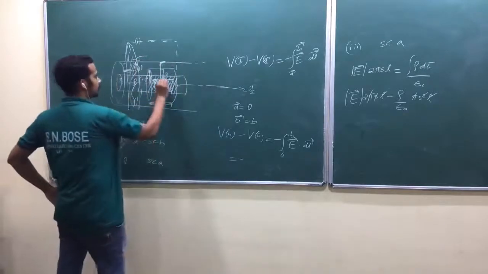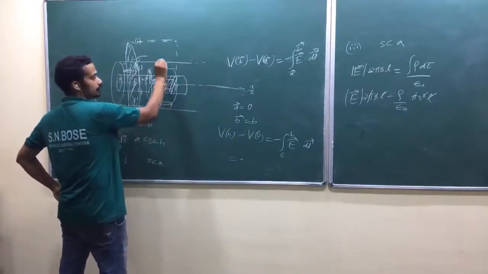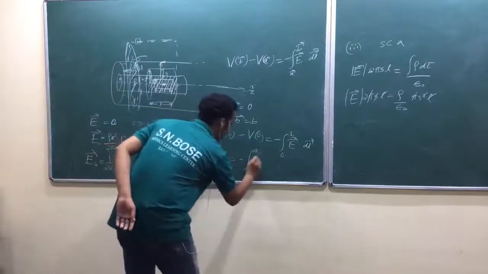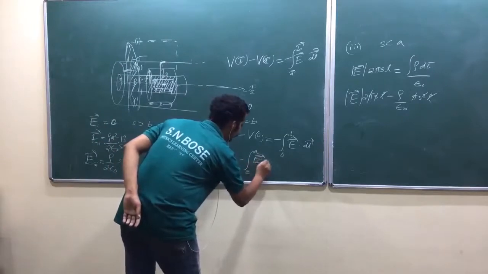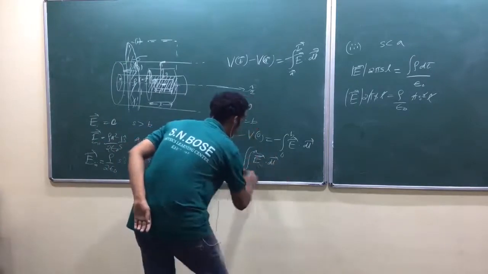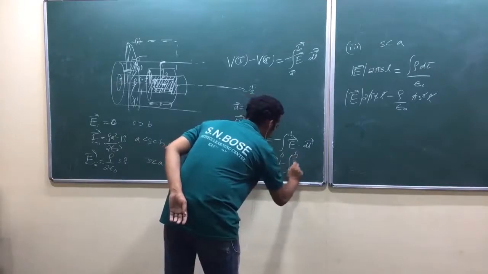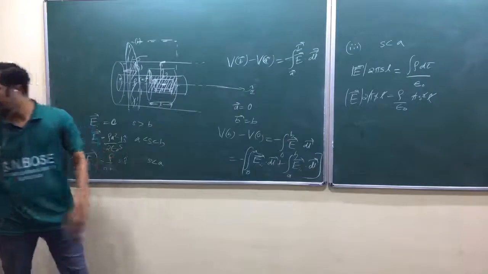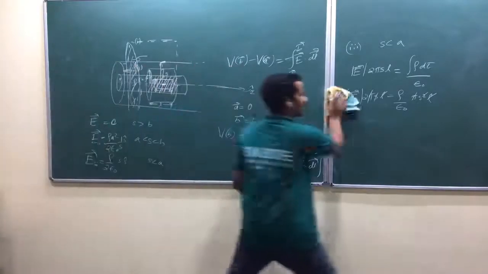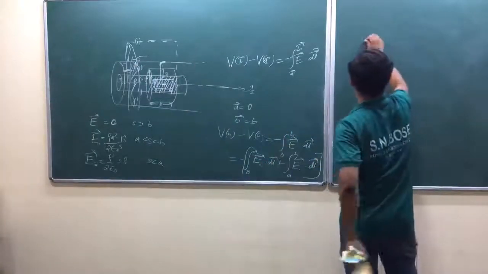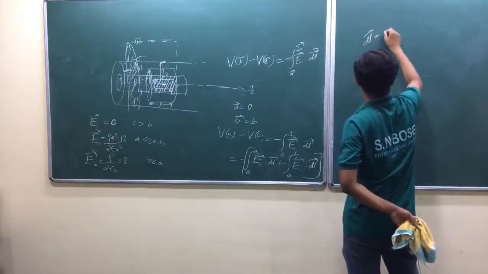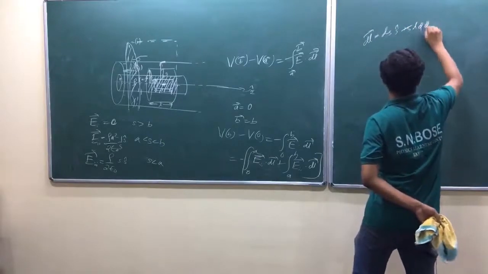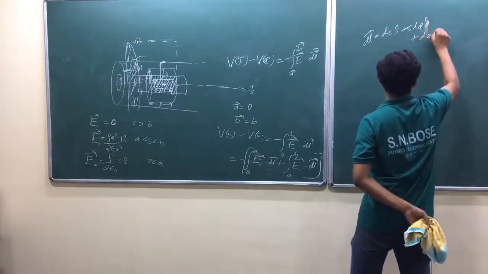Now you need to take two parts, this one to this one and this one to this one. Am I right? So that's why 0 to a, so that is your third region, dot dl bar, plus a to b, second region. Am I right? Do that one quickly. Again, how do you write dl vector in cylindrical coordinate? dl vector is equal to ds into s cap plus s d phi, phi cap, plus dz.